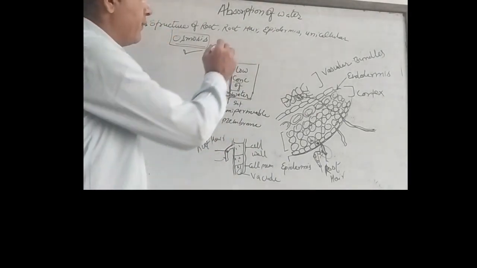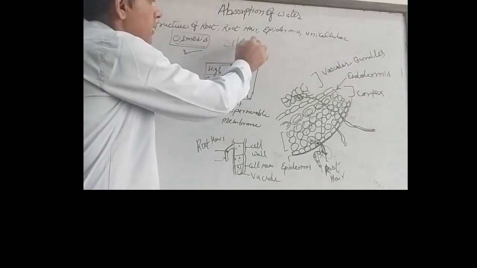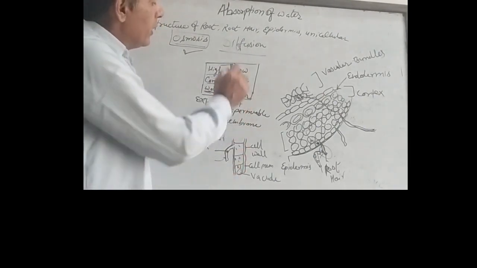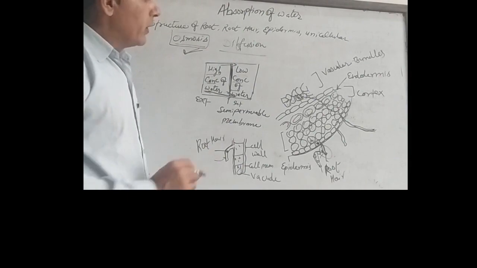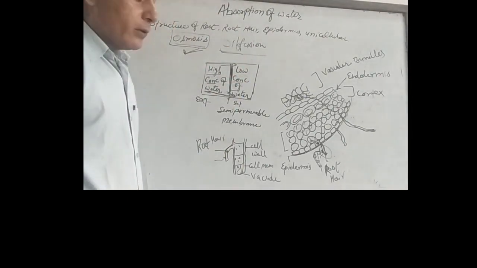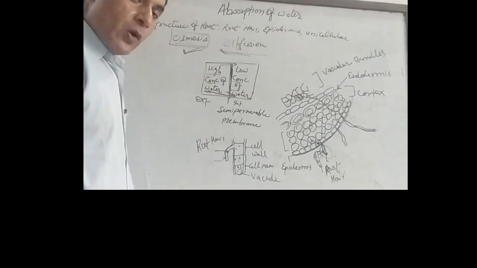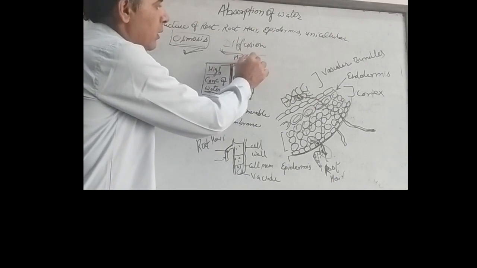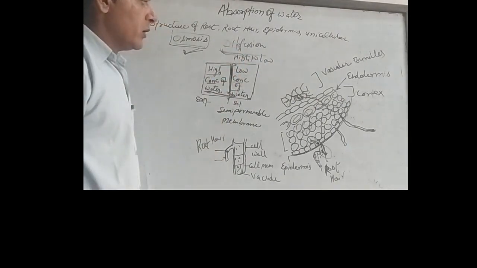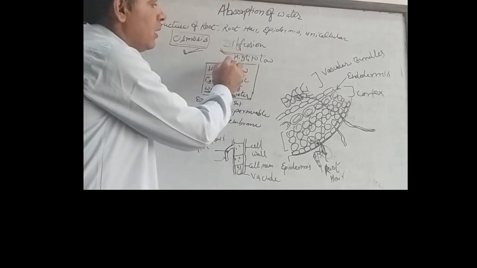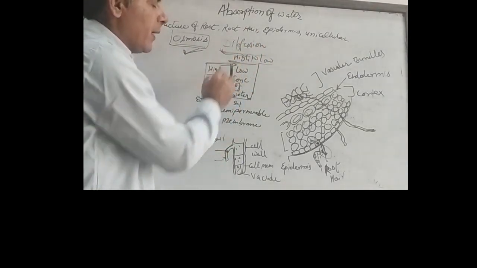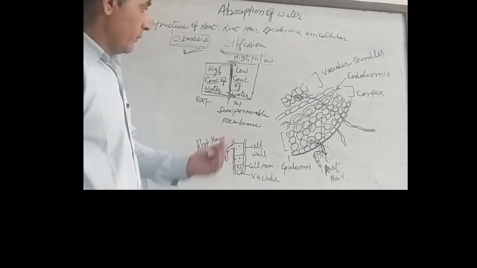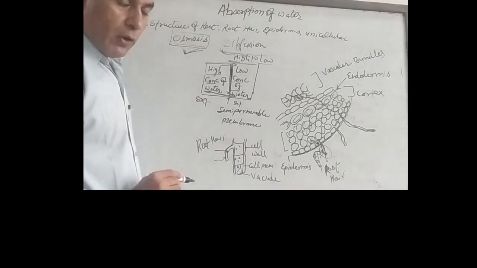Another process is diffusion. What is diffusion? Diffusion is the movement of salt and mineral molecules, but osmosis is the movement of water molecules. They also move from high to low. Diffusion is also a process based on high to low, but it is applicable for the molecules of substances other than water, whereas osmosis is applicable only for water.